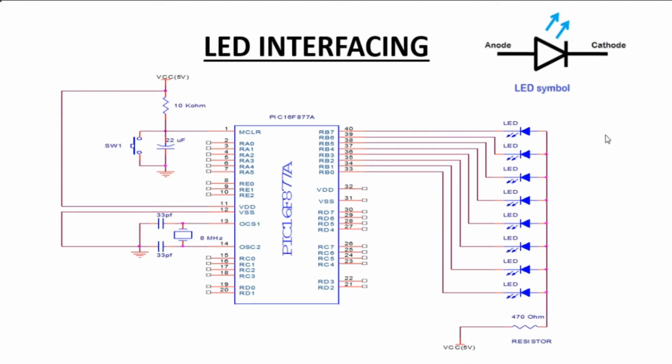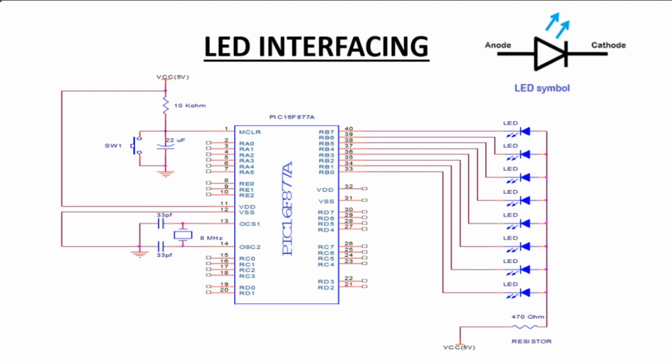To glow a particular LED, what we need is positive on anode and negative on cathode. So all LEDs are getting positive from the power supply. What we need is to generate the ground voltage or 0 volt from these particular pins. So in programming, we are going to write a program for this particular port that will make all LEDs glow. Okay, let's start with circuit designing and programming.